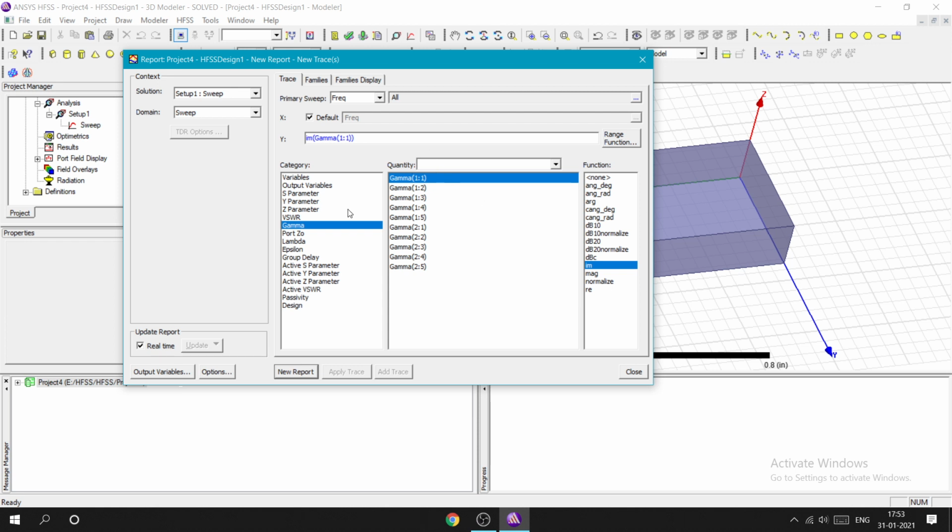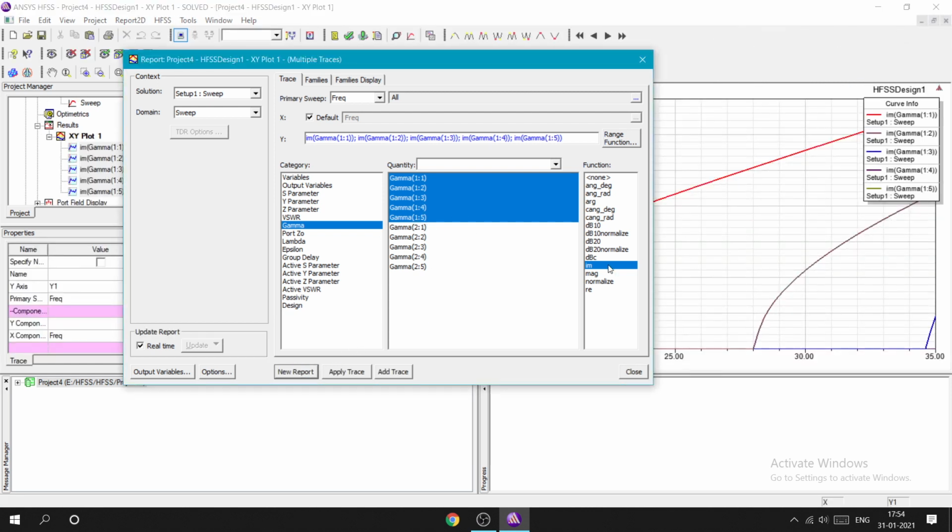Make sure it is in gamma. After selecting gamma, we'll select all of them, gamma 1, gamma 2, gamma 3, up to gamma 15. Make sure it is in dB.